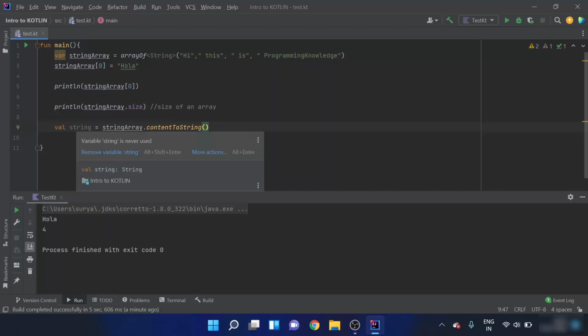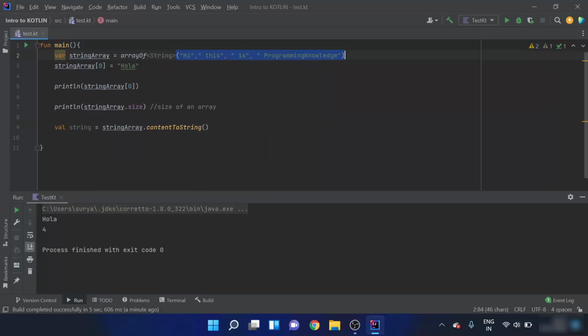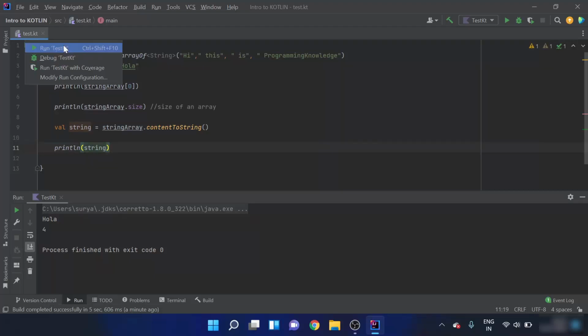Now the string variable contains the content of the string array converted to a string. So contentToString is a function that converts an array to a string. Now let's go ahead and print this string. When I run this,